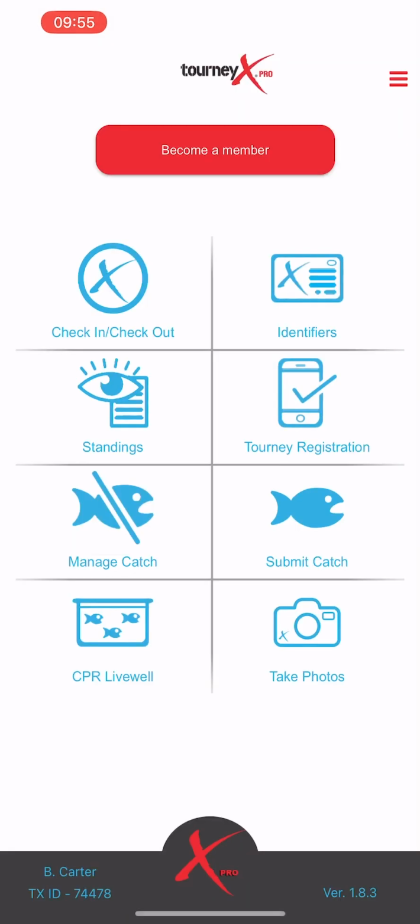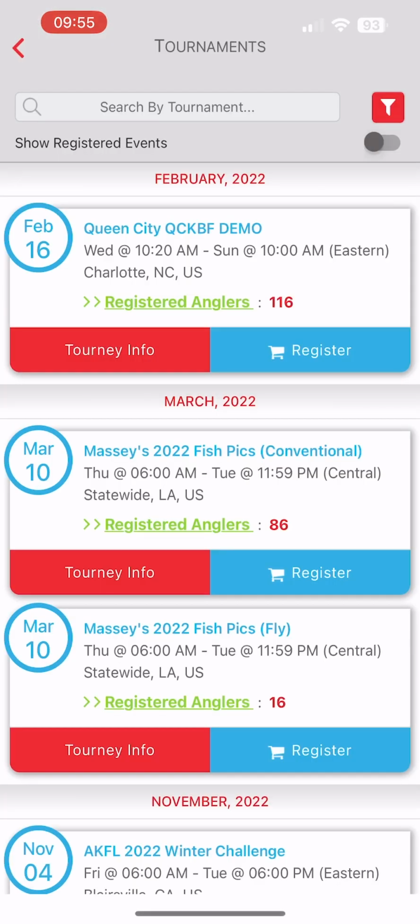So that is all for the TourneyX app. It is really easy to use. There are a few tournaments that you can compete on online that I recommend for any beginners. On TourneyX, you won't see any of the KBF or kayak bass fishing tournaments, as they use a different app. But I would suggest you just get on here and filter by your state and see what tournaments are occurring in your state, and then just sign up for maybe 1 or 2 low limit tournaments,